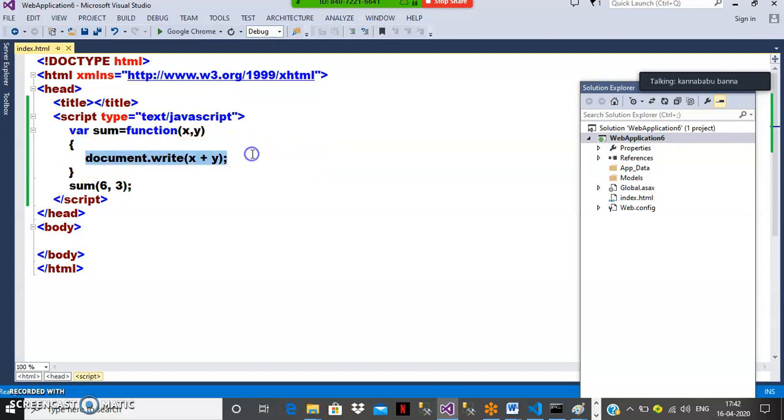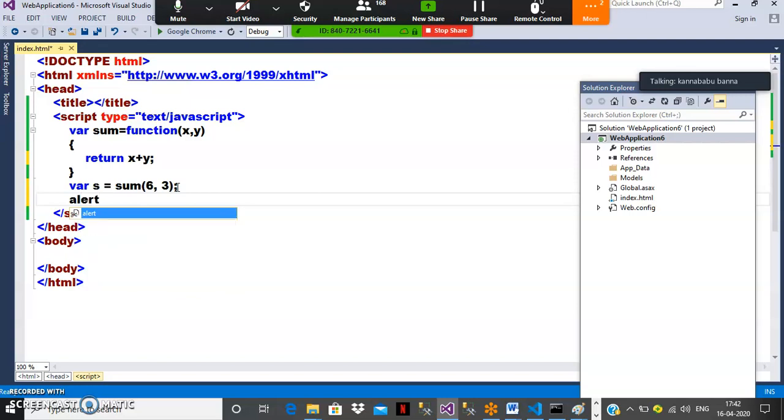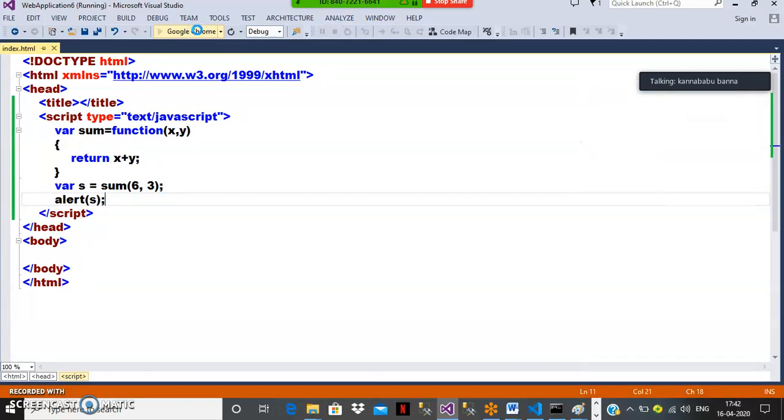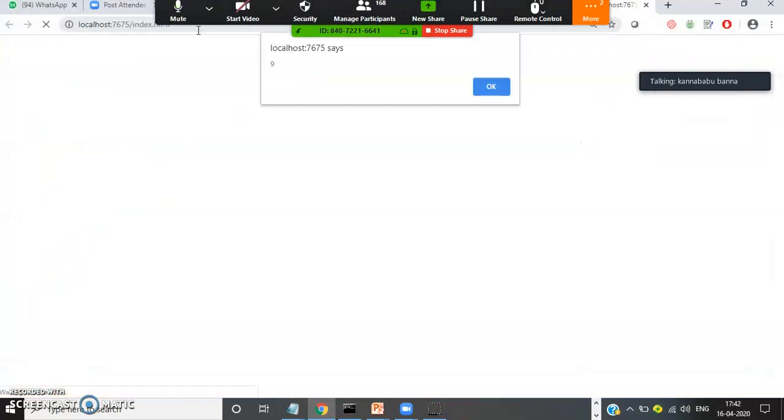Here, for example, if I try to write something like return x plus y. Return means after executing this function it will return some output. That output will be stored in one variable. So here again you take one variable called var s. So what is happening? First of all, on the right hand side the function will be invoked and this function will execute, and the result of the function is 6 plus 3, that is 9. So 9 is stored in s. So here I will try to print what? Yes. Did you understand? This is your same anonymous function. Store the result of the function in another variable and print it. Here you got the 9.